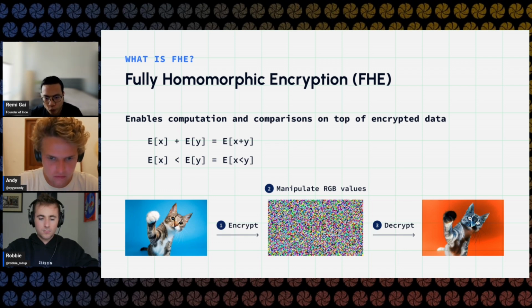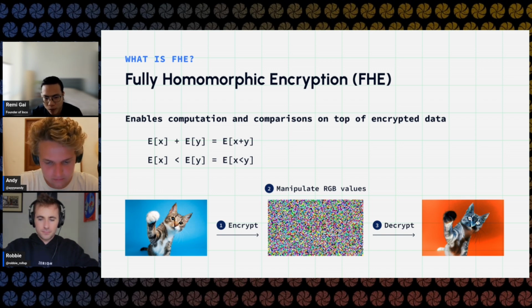So for folks who have never heard of this term before, it's a very different type of cryptography compared to ZK. What FHE does is one thing, and one thing really well, the ability to encrypt data, but also allow you to compute on top of it without having to decrypt. So it almost sounds like magic, right? Imagine you have this cat picture. You can encrypt this cat picture.